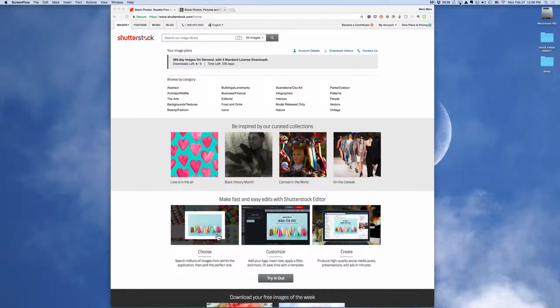So the first stock photo site I'm going to start with is shutterstock.com, and this is the landing page that I arrive on typically when I type in that website address. Your screen may look a little bit different based on your past history with visiting this site versus mine. So just to make things consistent between this shutterstock.com site and the next